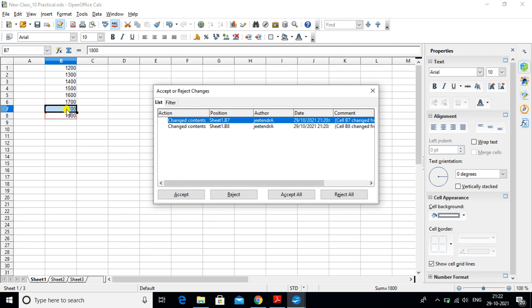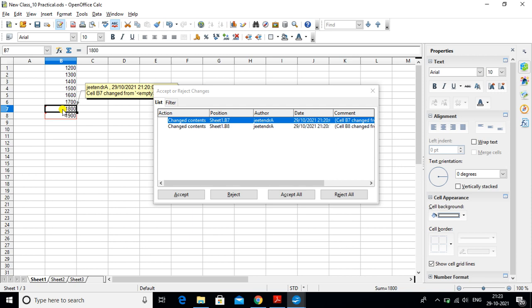The list of the changes that we have made is also listed here, and those changes are highlighted with a red border.